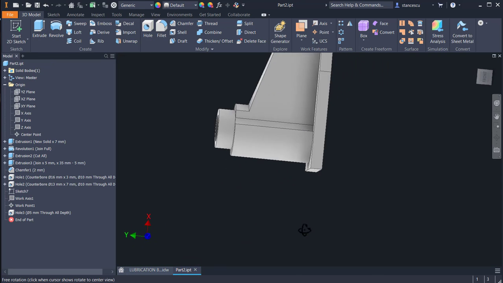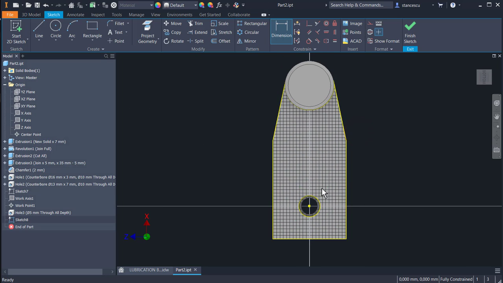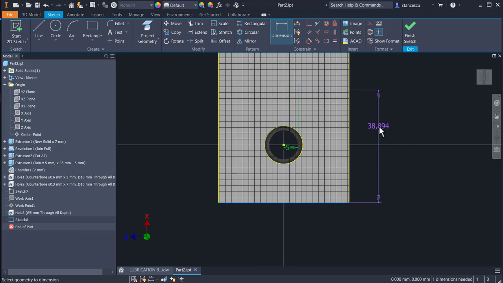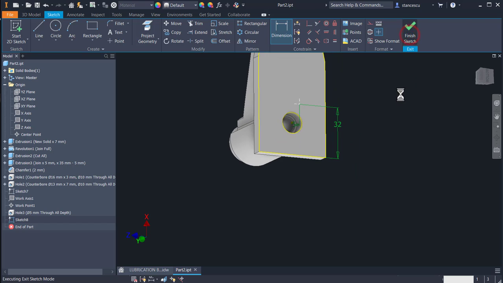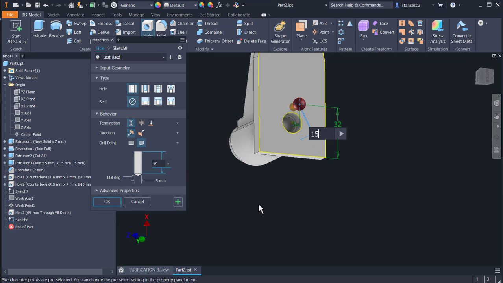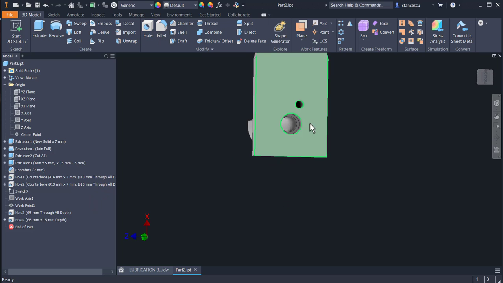So we turn back the part, we place a point on any line 5 millimeters from the center, 5, and 25 plus 7 on the other direction. Okay, finish sketch, hole, not through, the diameter is 5, but distance of 15. Okay, now we have the start for that